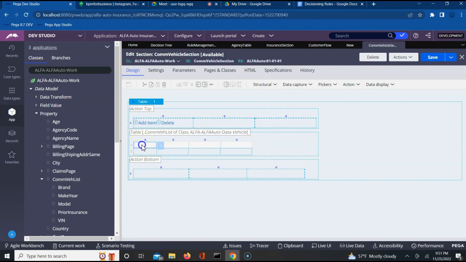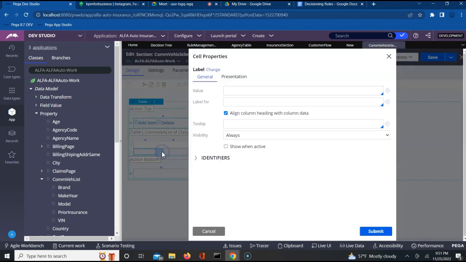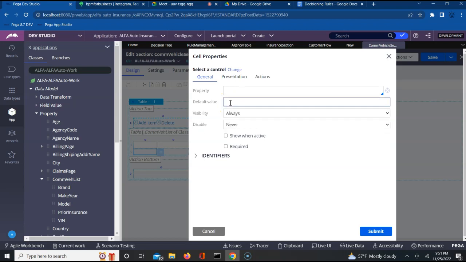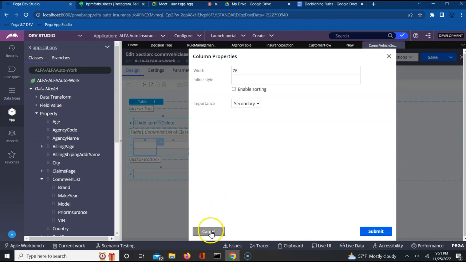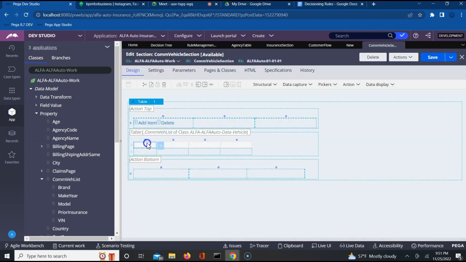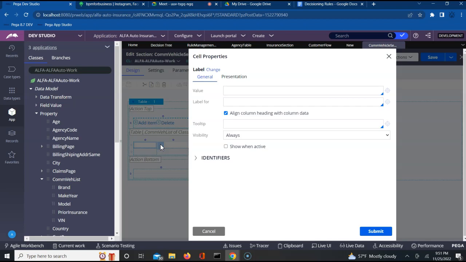Perfect. So now let me point these rows with properties. So I was able to add those columns. Now I have to refer the properties here. Let us try to refer those. Let me open the column configuration. There it's taking the weights. So I can click on this guy and I can say